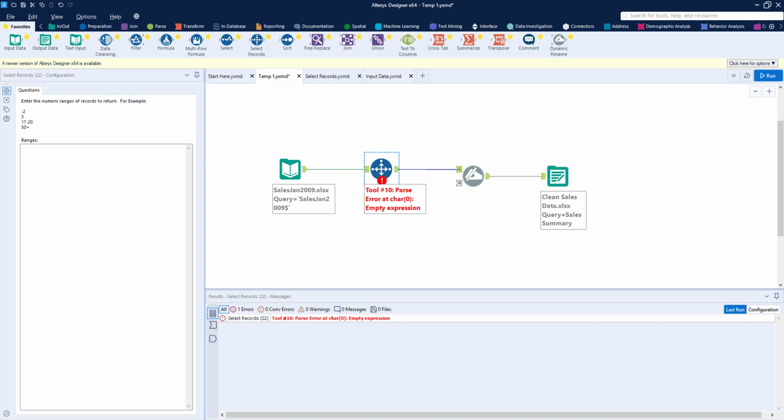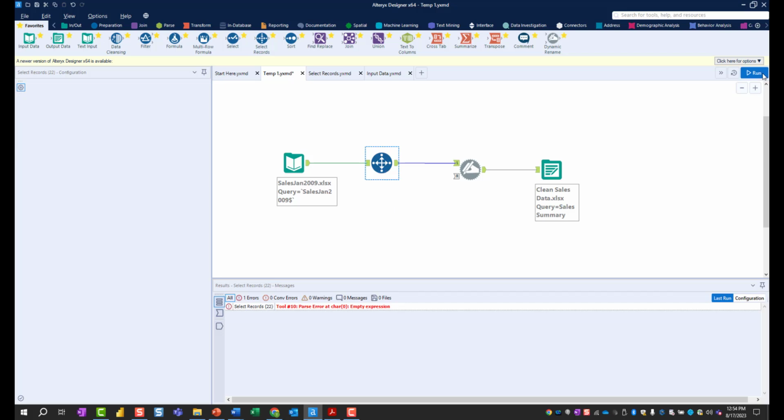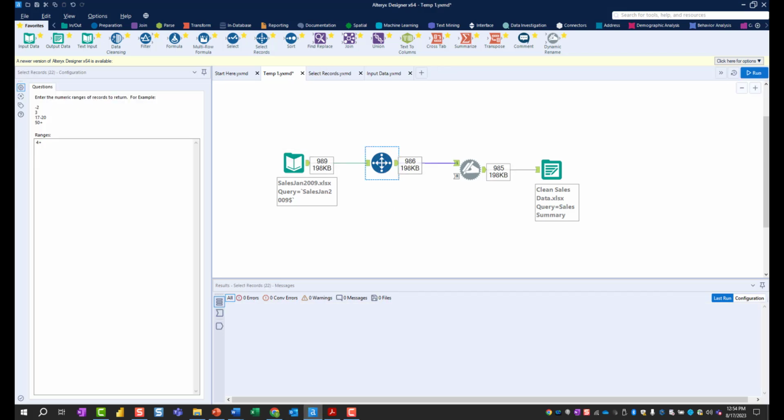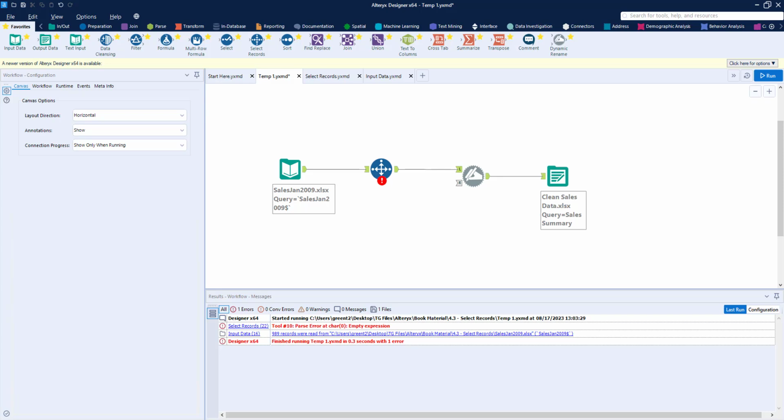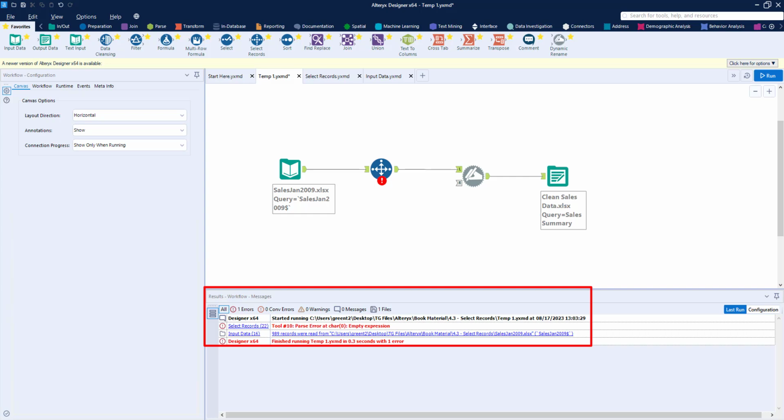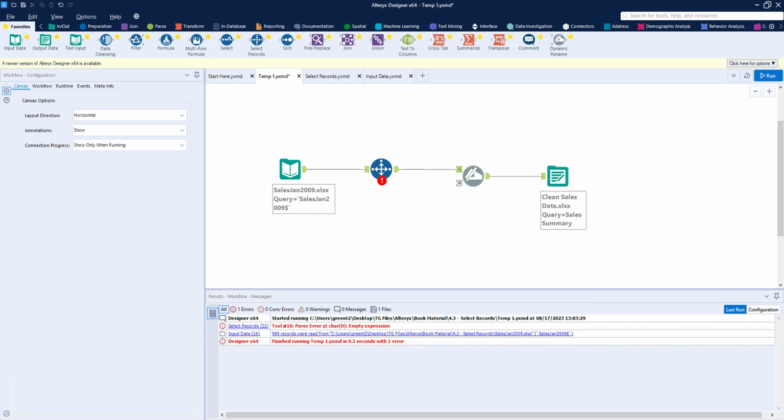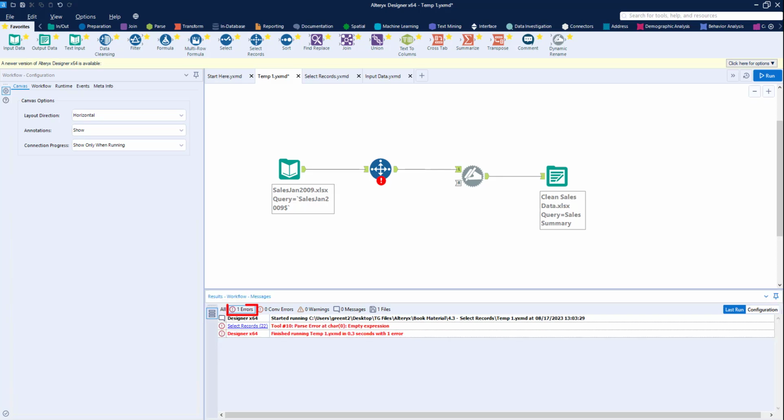In short, the ranges section of the Select Records tool must be populated or it will trigger an error in the workflow. After you do so and click the Run button, your workflow will process error-free. As you can see, even on this simple workflow, the results window can get busy with a lot of information. To simplify its presentation, you can click on the Errors button to see only the error messages generated by your workflow. This same view simplification concept applies to all the buttons in the Results window section: conversion errors, warnings, messages,